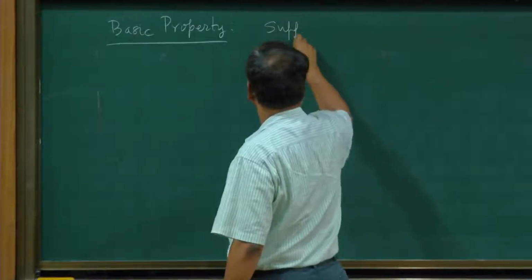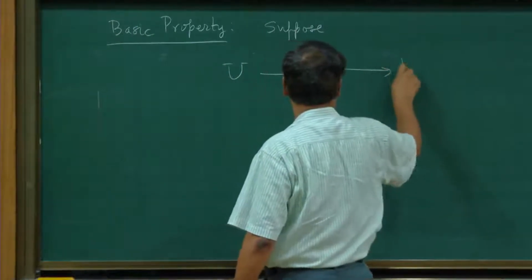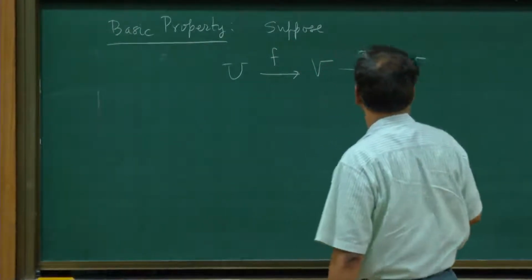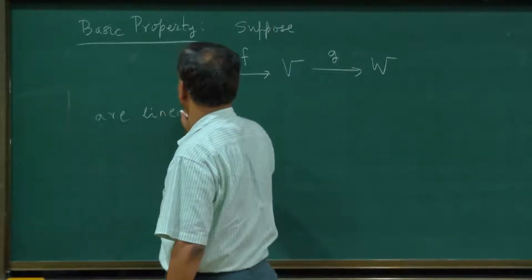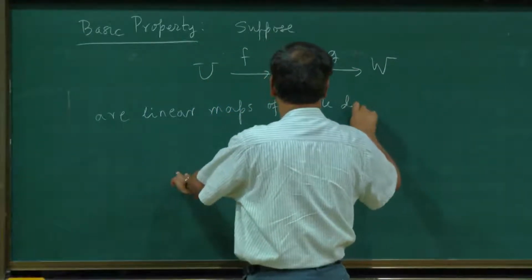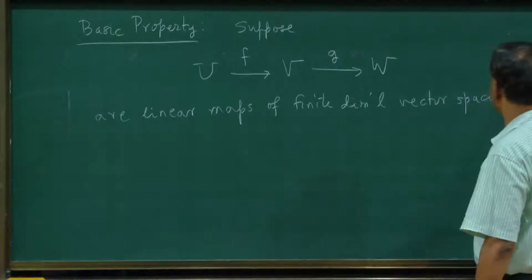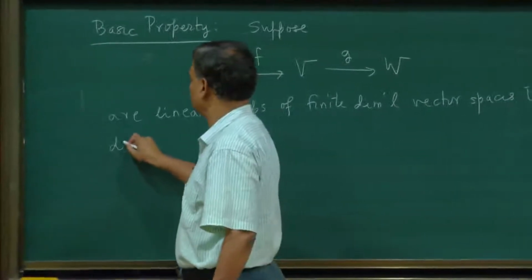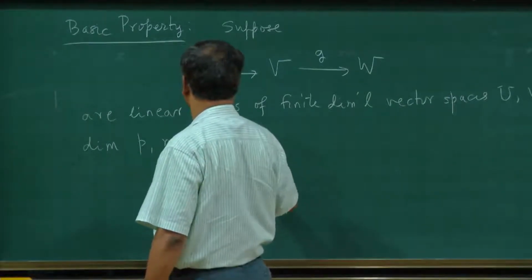Suppose I have vector spaces, maybe I call it U to V and V to W, and maybe I call this F and I call this G, linear maps of finite dimensional vector spaces U, V, W of dimension, let us say, I call this n and this m, so maybe I call this p and m respectively,